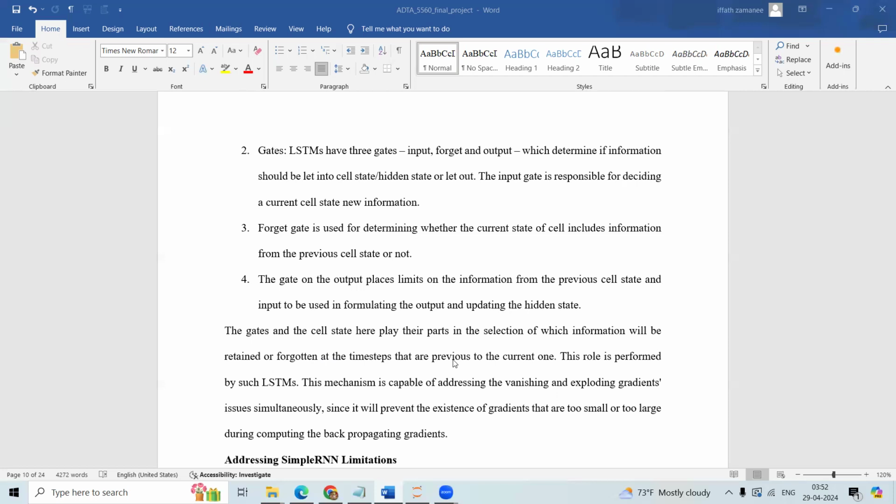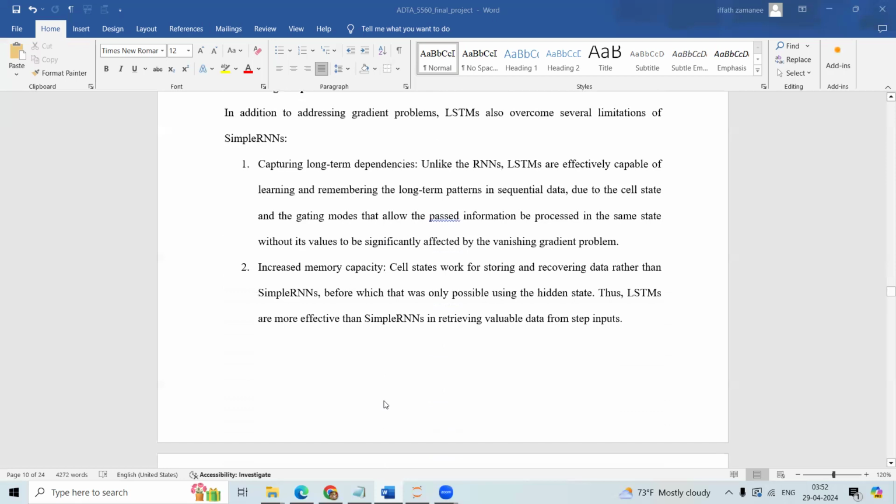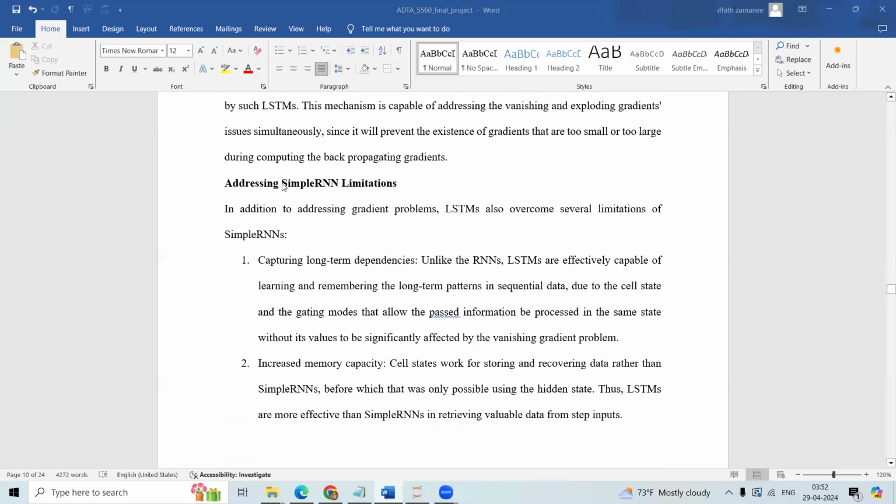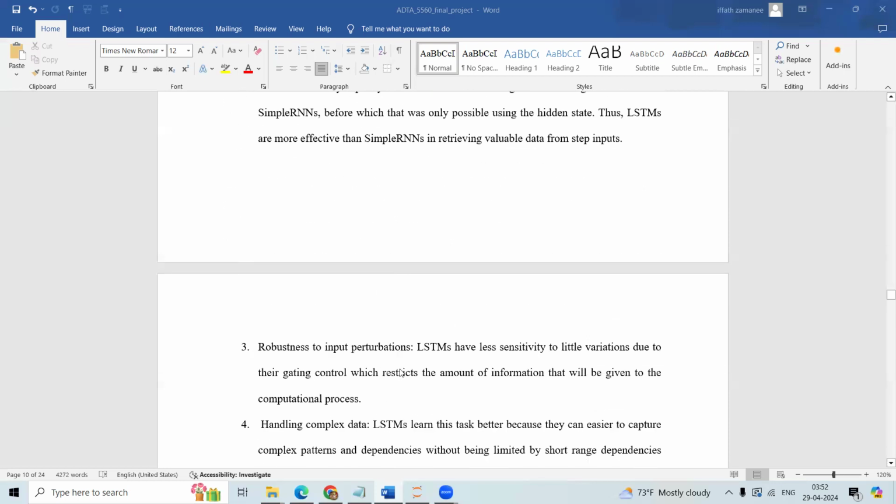So the LSTM is about short-term memory. This mechanism is capable of addressing the vanishing gradient and exploding gradient issues simultaneously, since it prevents the existence of gradients that are too small or too large during the computation. So this is how LSTM addresses the limitations of simple RNN, such as capturing long-term dependencies and increased memory capability,